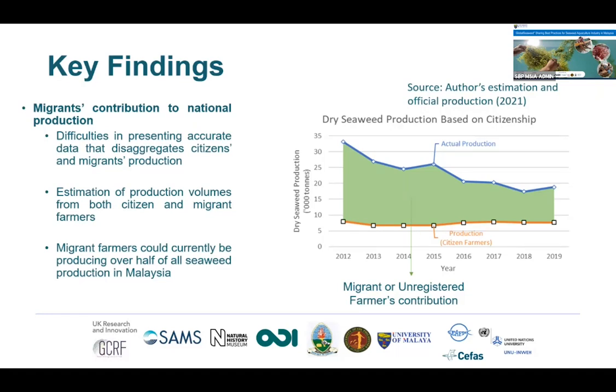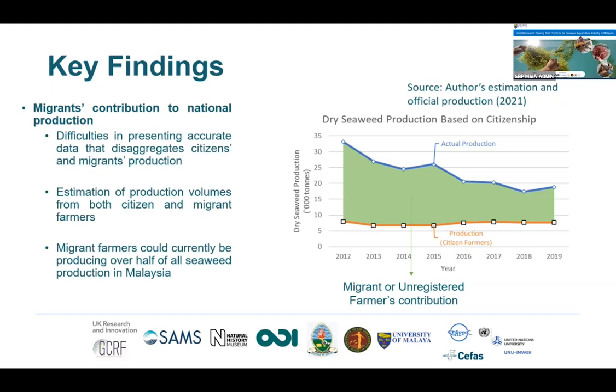Since the number of citizen farmers is known, their total production can be calculated and compared to the official statistics. The difference between the two figures can be assumed to have been produced by the migrant farmers. The calculation made in this study assumes an average productivity of 1.06 tonnes per cycle, which is the highest productivity recorded by a seaweed cluster project participant. And second, we assume six production cycles per year.